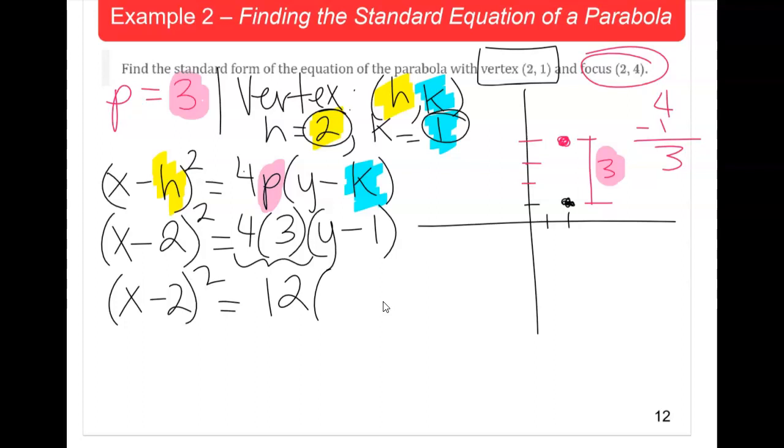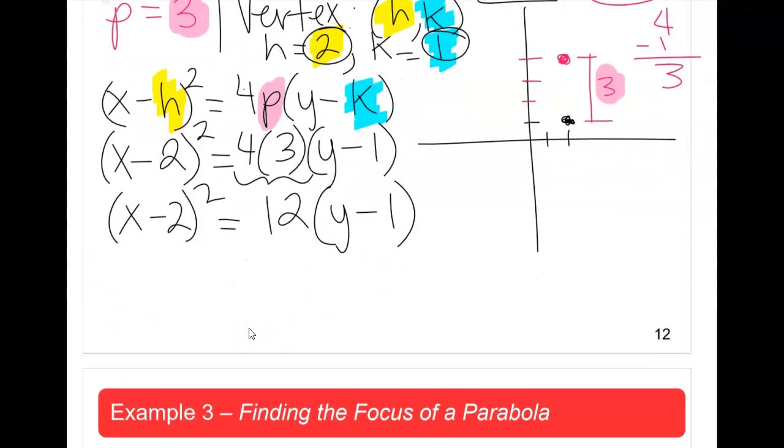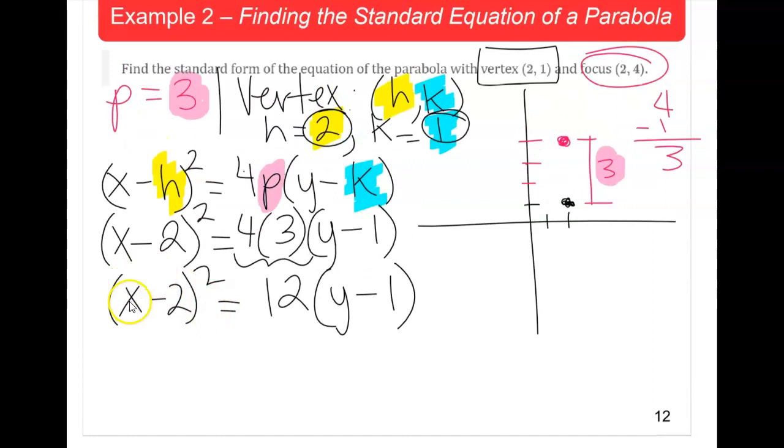And that will give us 12. And so from there, that will be the answer. That will be the equation of the parabola. And if it was part of the problem to plot the directrix, we will